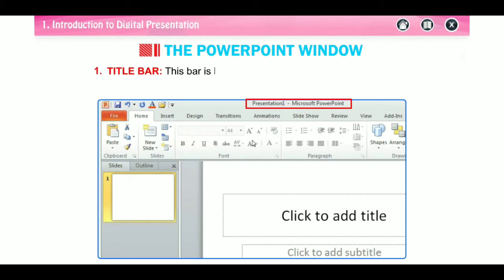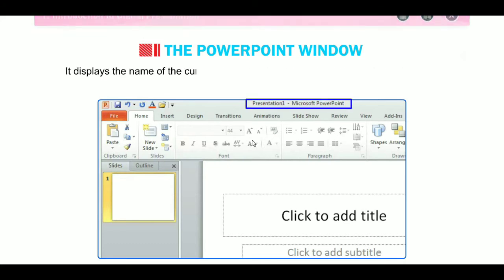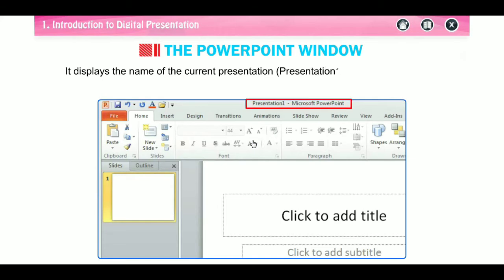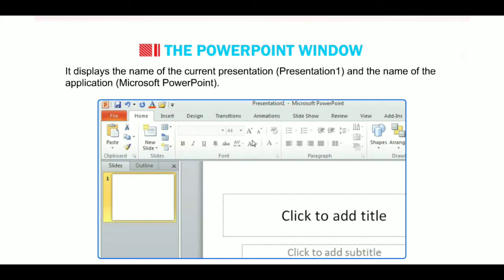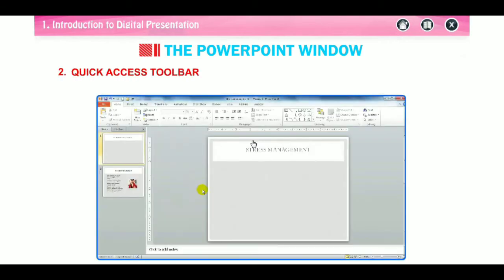It is located at the top of the PowerPoint window, and it displays the name of the current presentation, for example, Presentation 1, and the name of the application, for example, PowerPoint. Second